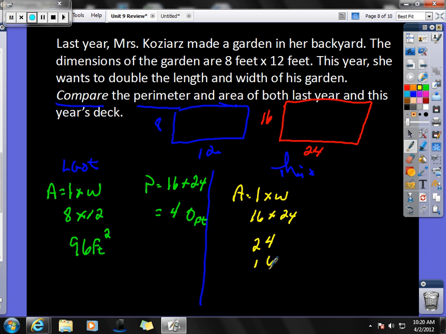24, 16. 6 times 4 is 24. Which 2 up here. 6 times 2 is 12, plus 2 is 14. I'm going to run out of room. Add my 0 is 4, is 2, and now I add them together. And I get